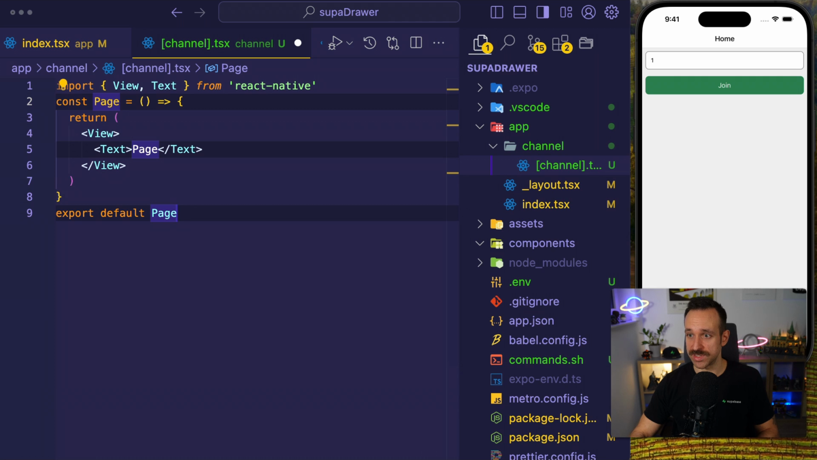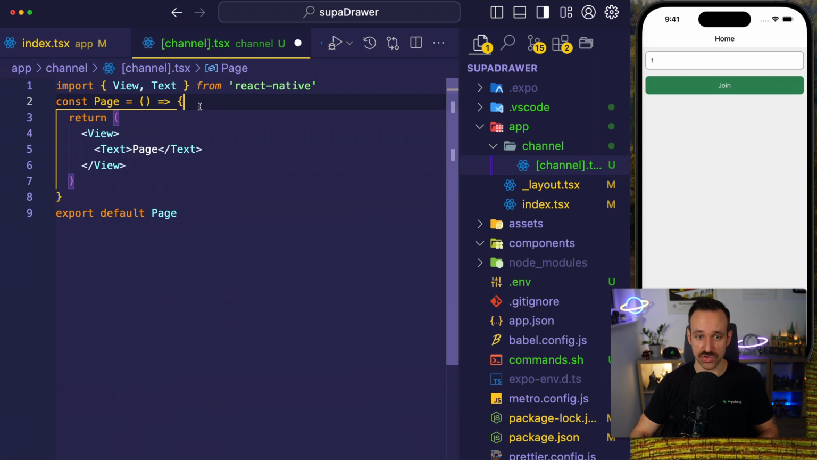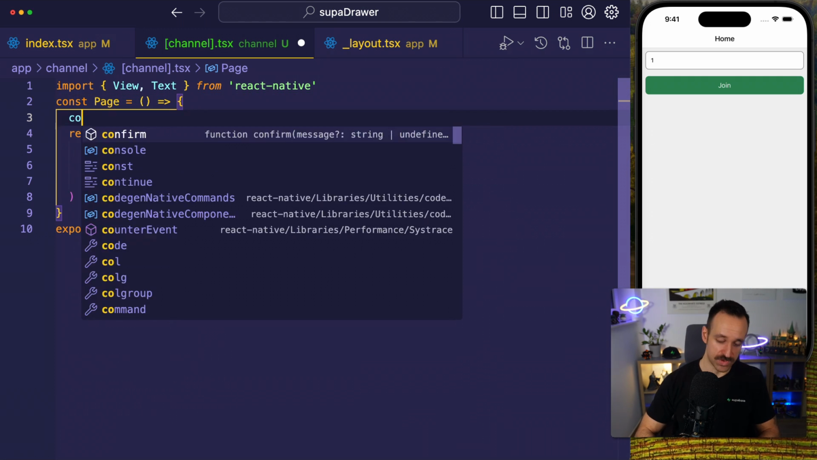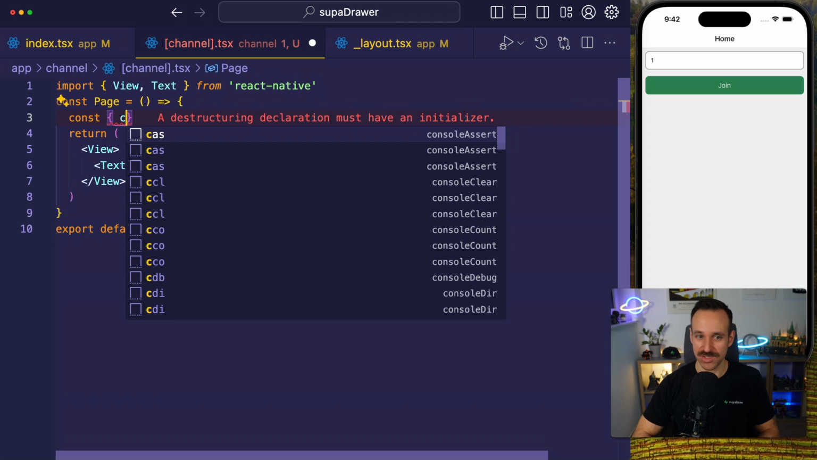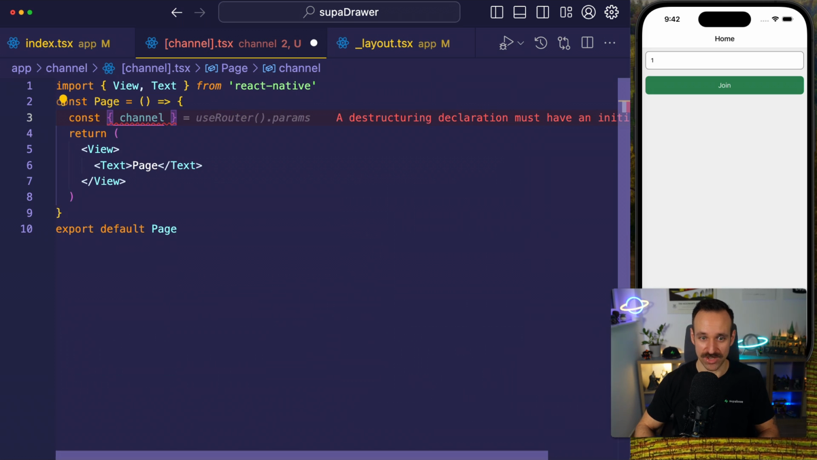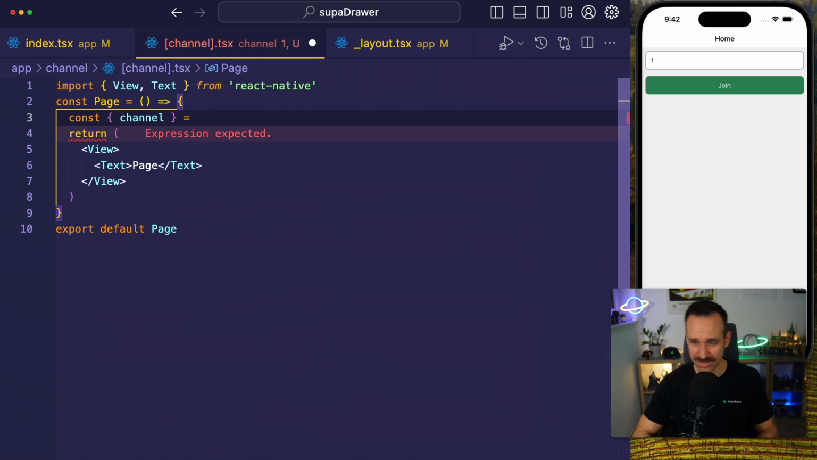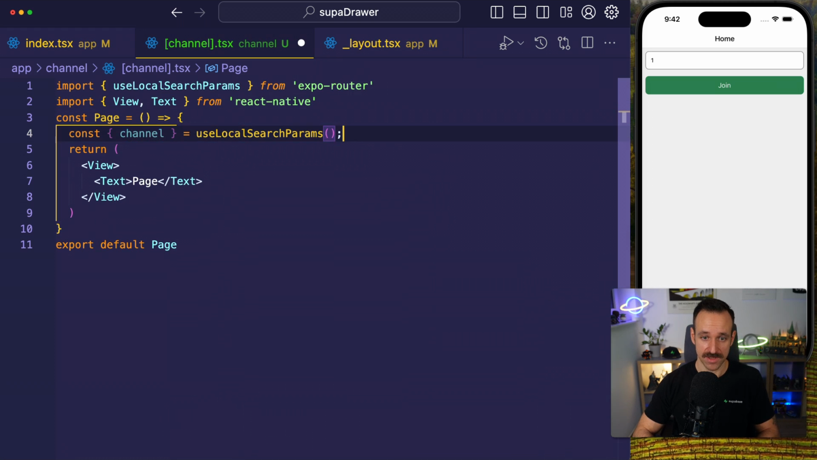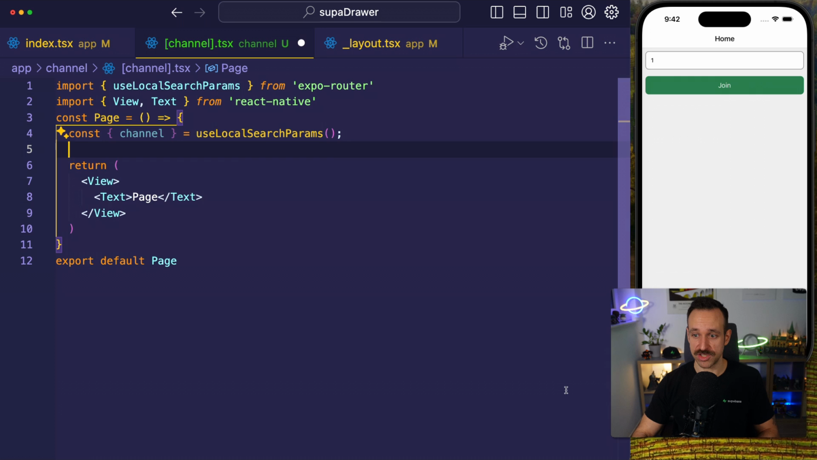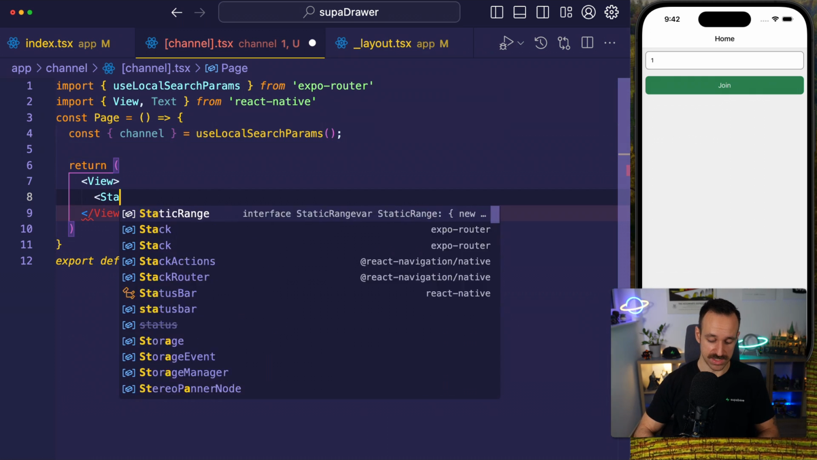And more importantly, what we can do here is extract the channel using the expo router. So const channel. Yeah, Copilot, you're completely useless when it comes to the latest features of expo router. Yeah, that's getting closer, but we want to use local search params, and then we should be able to use it. Actually, we should be able to just use it in here. So let's use